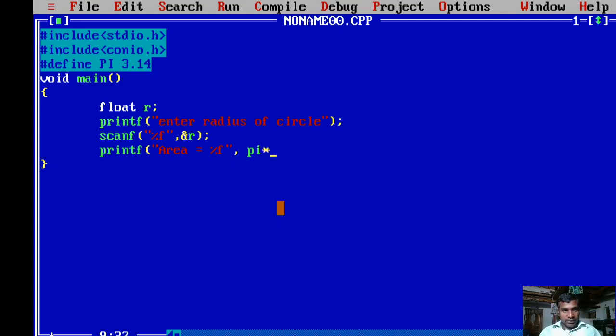Right, pi r square. So what is the value of r into r? Try to compile the program by pressing Alt F9.